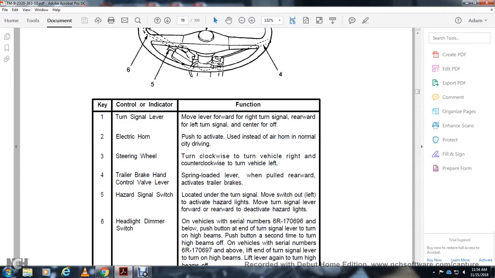Move the switches off level. Activate hazard light. Move the turn signal lever forward, rearward, and to deactivate the hazard light. The headlight dimmer switch on the vehicle with the serial number